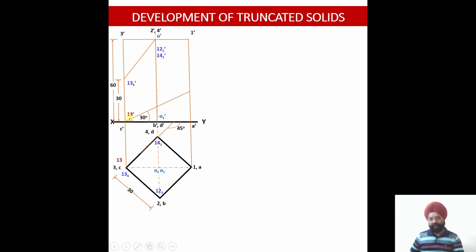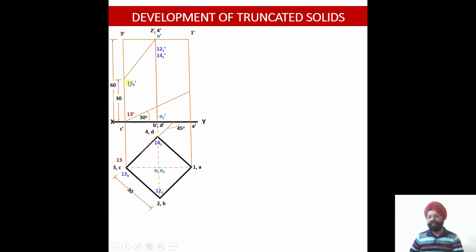Next you see we have drawn this second cutting plane over here. Why? Because this portion I will be able to locate only when I draw this cutting plane at an angle of 30 degree and then mark 22 millimeter above this particular point. Now having drawn this lower cutting plane, wherever it cuts the vertical edge 3 dash C dash, we obtain the point 13 dash.